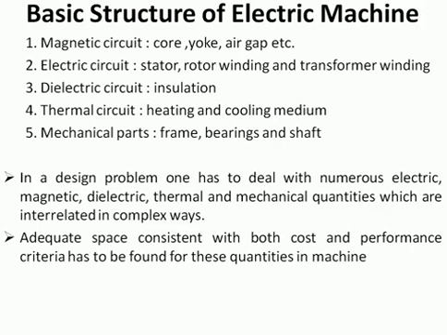Suppose you are trying to make the electric circuit very superior, then what happens? If you are trying to achieve the electric circuit in a more efficient manner, you might not be able to achieve the magnetic circuit and dielectric circuit basic requirements. So you have to make a design in such a way that a compromise is achieved between all of this structure design. Then only you can say that your overall design is an efficient one.